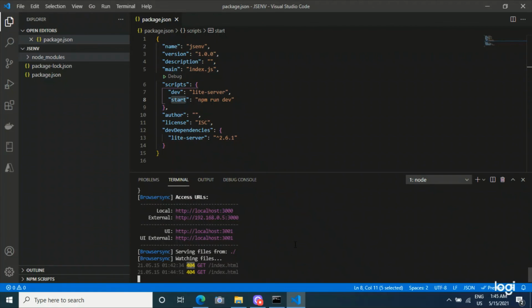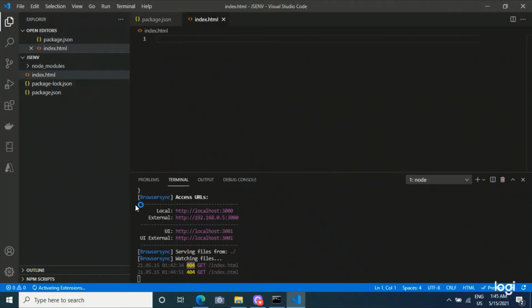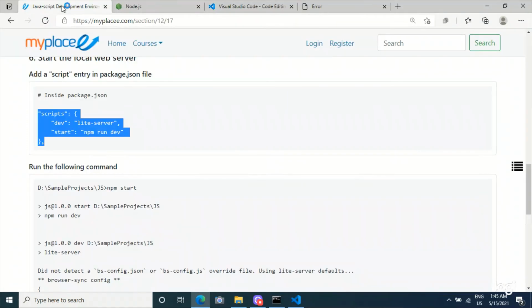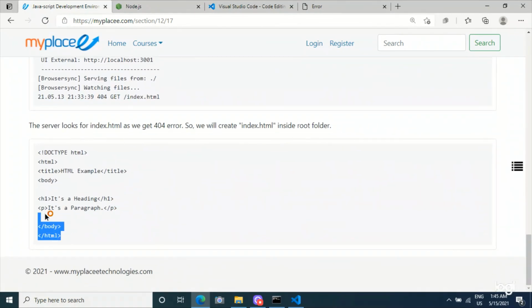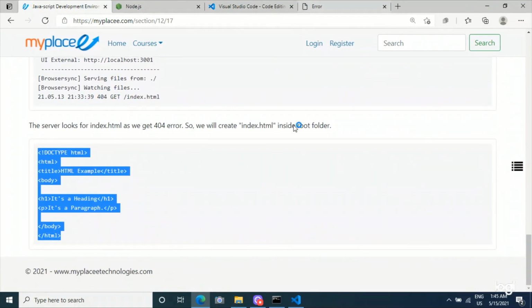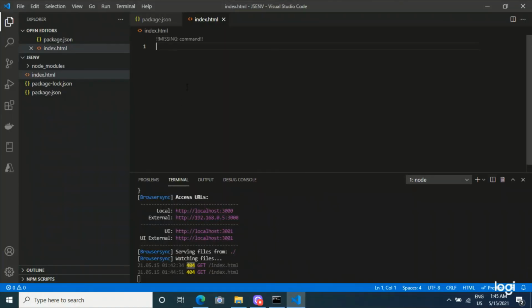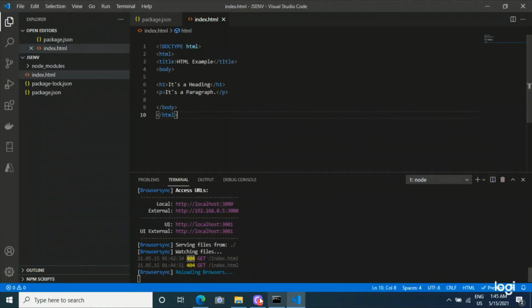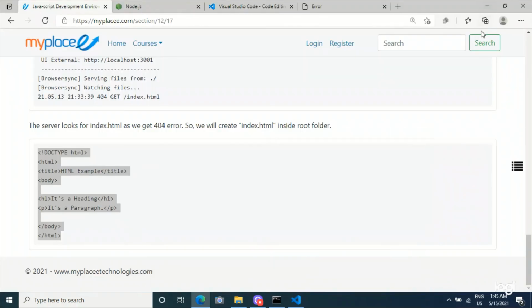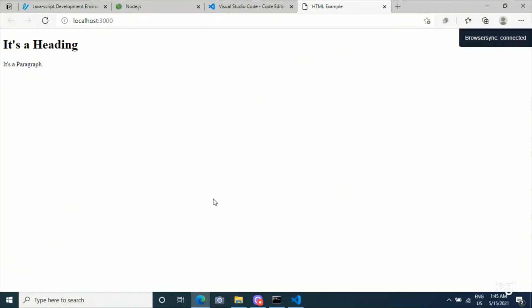So I will create an index.html file in the root folder. Create index.html. I just copy the sample template from myplacec, paste it here, save, and reload here.